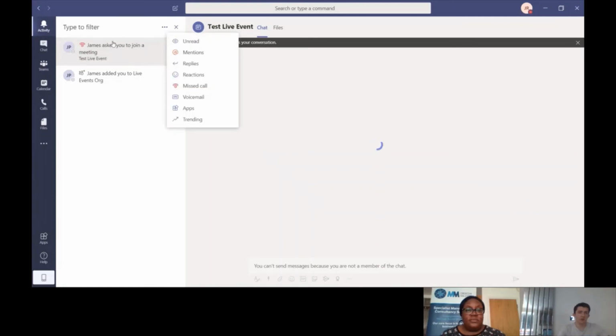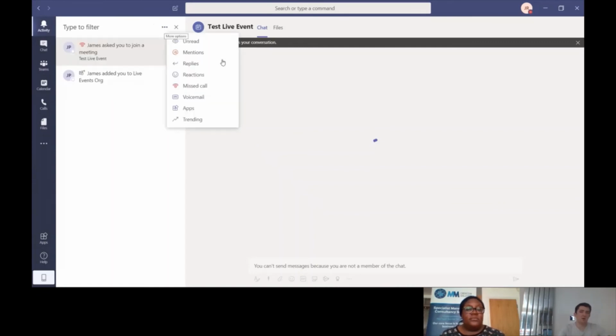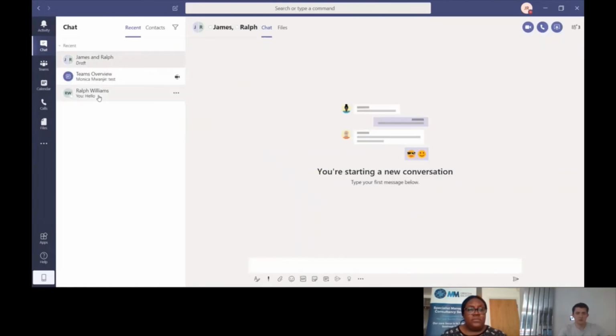So if you go to your feed, you can filter on missed calls, you can filter on app mentions. I use that more than anything really, because then you can just see what's relevant to you rather than seeing replies back and forth within a chat. Anyone who's reacted to anything you've sent. Now if I just go back to chats, one thing you can